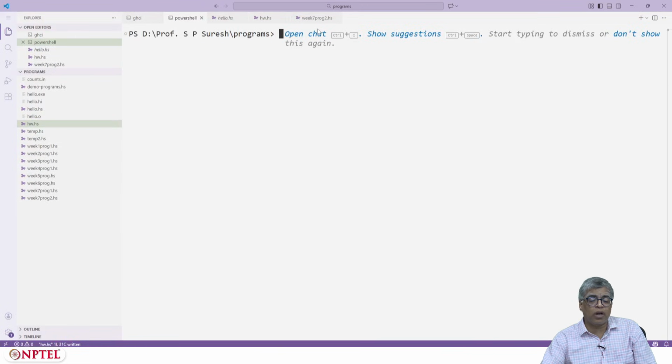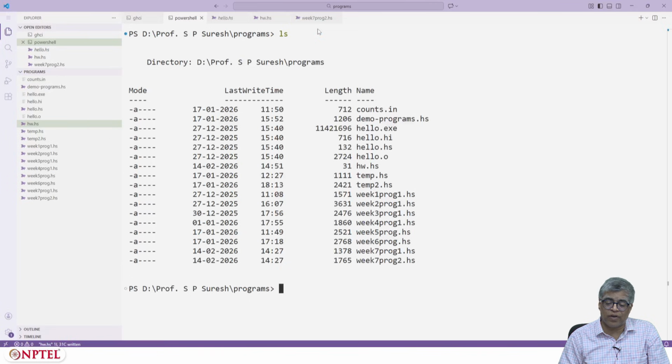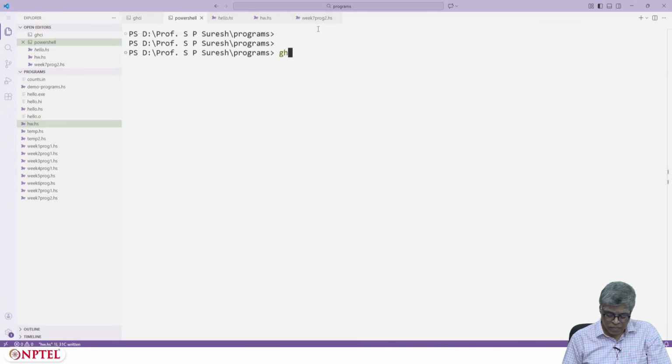Here is a new terminal. Let me do ls. I have hw.hs. Let me do ghc. Now it is compiling.